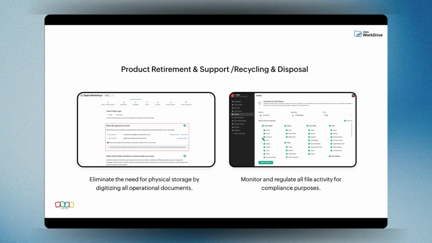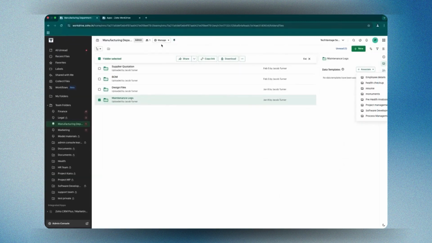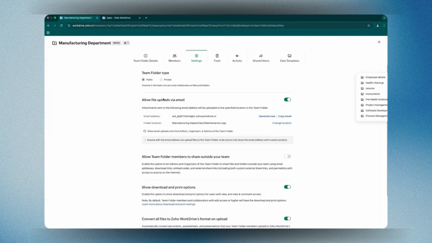Many industries are moving from paper to digital documents, and WorkDrive makes this transition effortless. With just a few clicks, you can scan physical documents using the Zoho WorkDrive mobile app and save them as JPEG or PDF files. On the web, we have an option in each team folder where you can upload files